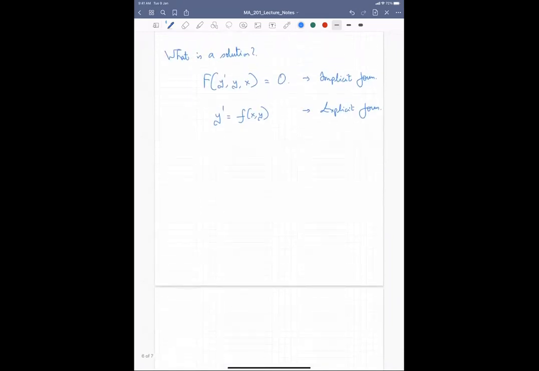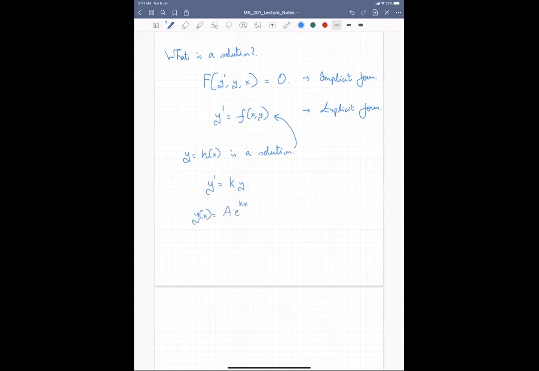So what is a solution? When I say that, for example, y equals h of x is a solution, then what I mean is that if I plug h of x in this differential equation, I get an identity. Okay. So what does it mean even more explicitly? Let us say that you have a differential equation like y prime equals, I don't know, ky. Okay. The solution for this equation I know is y of x is some a e to the kx.